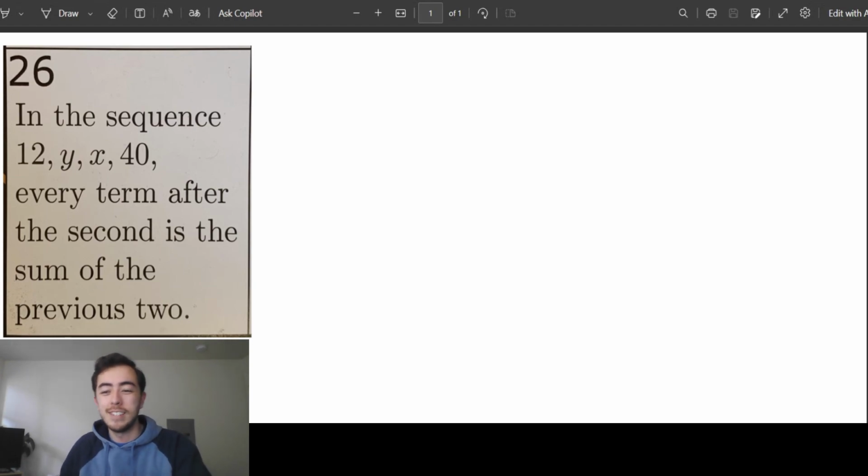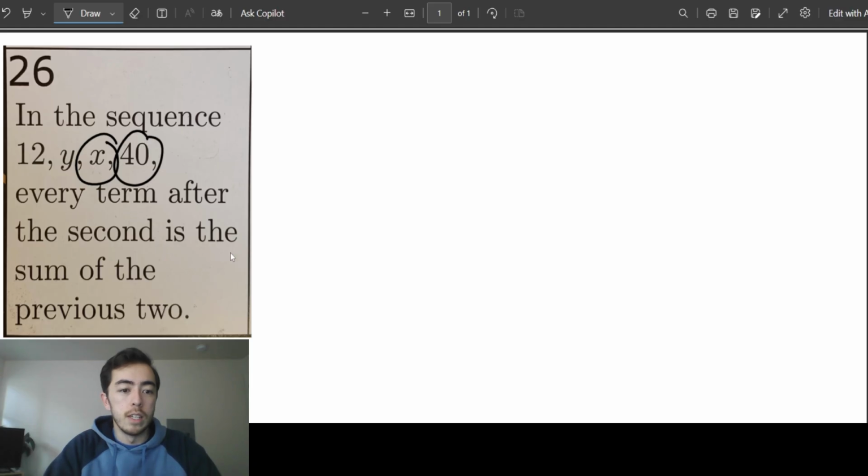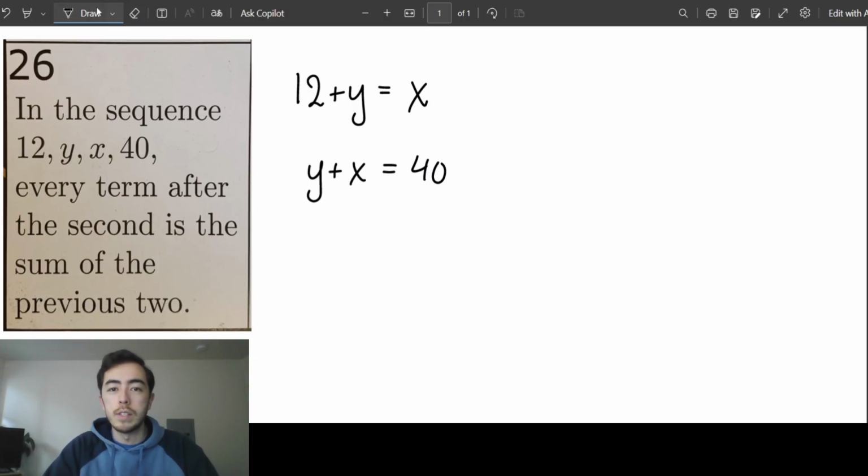Today's October 26th. We do have Quill today, and we're solving problem 299 from the Daily Epsilon calendar. And looks like we have a number sequence, 12, y, x, 40, where every term after the second, so like the x and the 40, is the sum of the previous two. So we could write maybe 12 plus y gives us x, and then we can write y plus x gives us 40. And so from this number sequence, from this relationship here, basically we just have a system